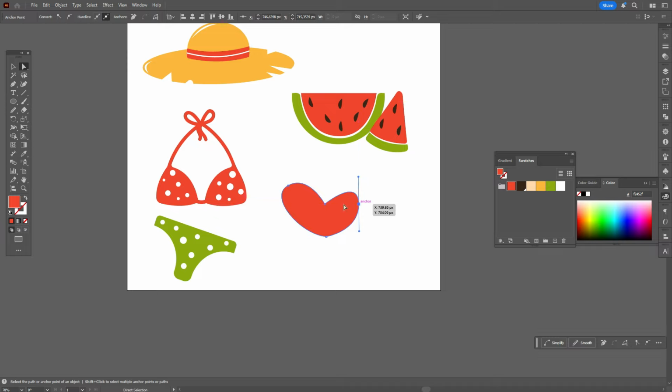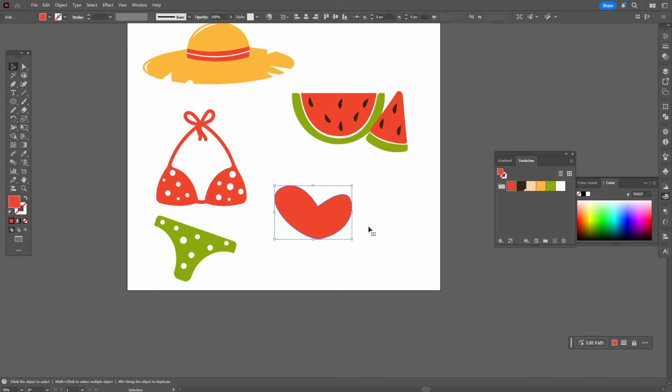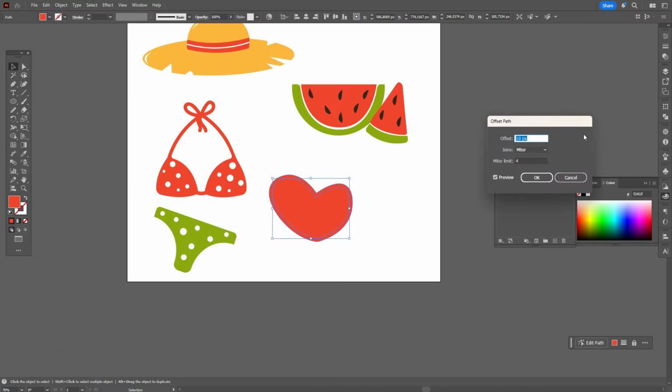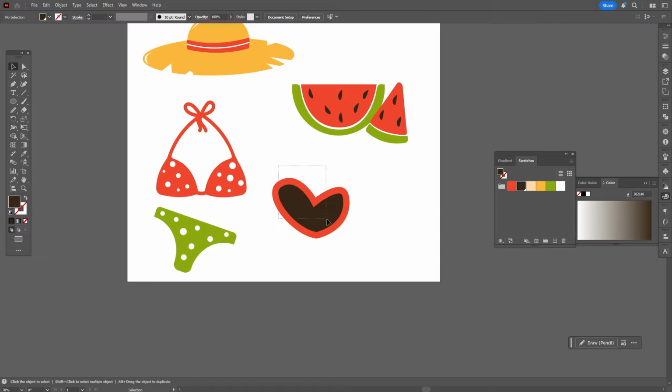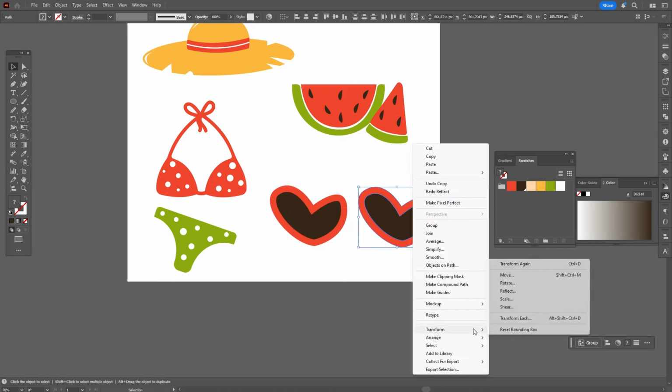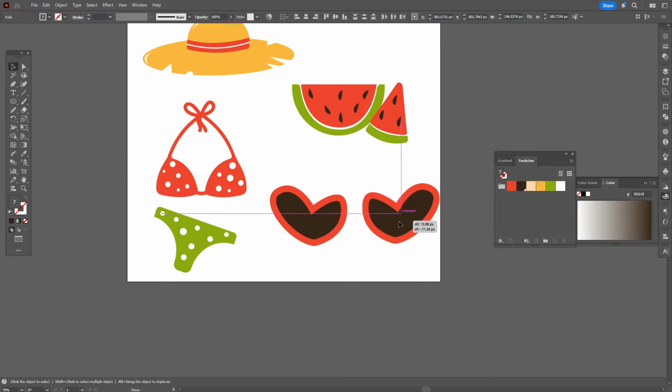Let's move that shape with direct selection tool. Now let's round the corner here, the same with direct selection tool. Now move that point a little up. Okay, it's ready. Now make it a little longer. Object, path, offset path, and -20. Okay, and brown color. It's ready. Now make the copy and reflect. Okay,